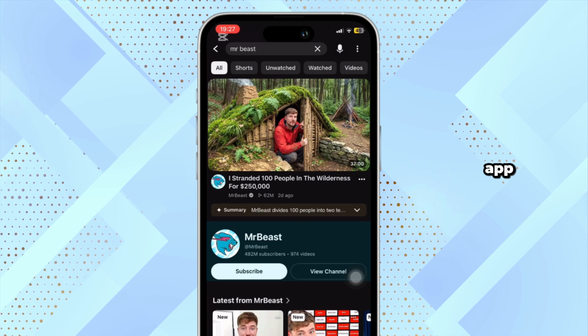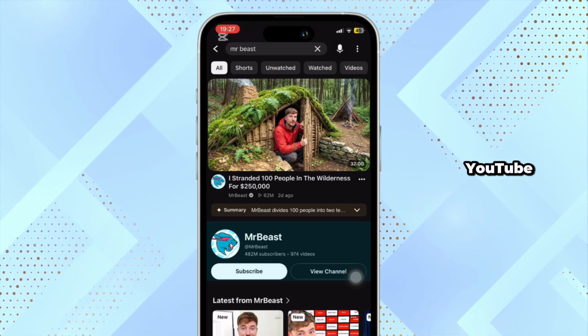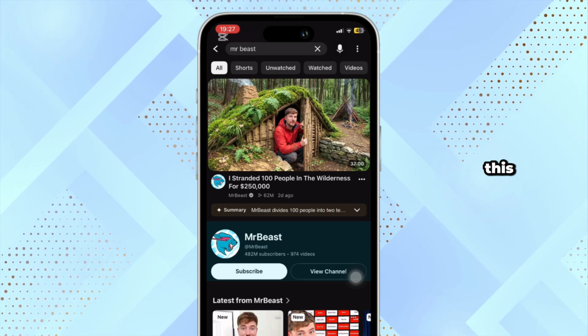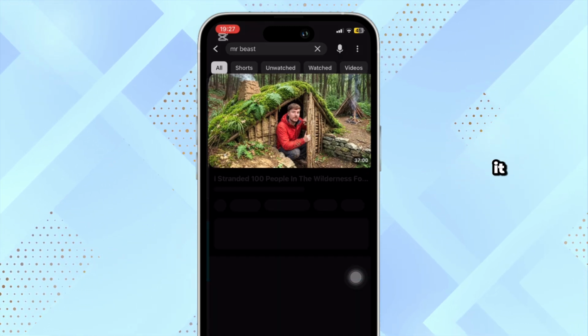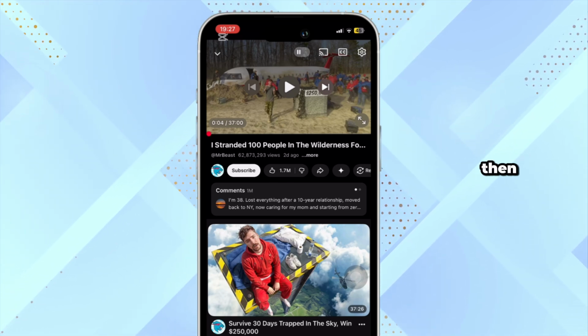Once you're inside the app, search for any video that you want to watch while minimizing YouTube. Let's say I want to watch this video. Click on it. Once you're inside the video, now if you want to minimize it, then all you gotta do